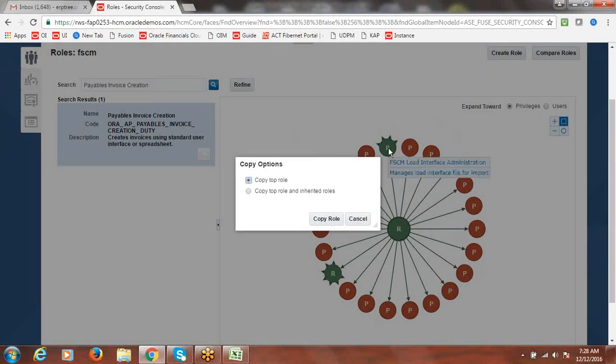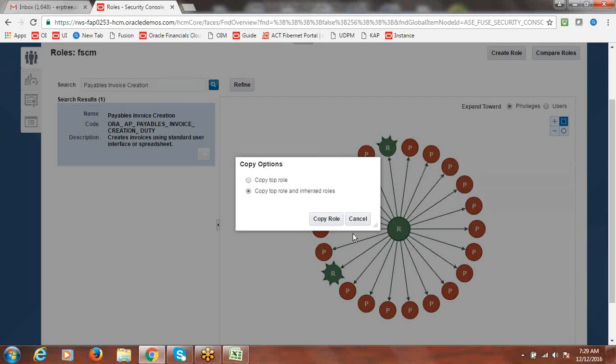And here we can see some other functions which are not related to payables, which are inherited functions from other applications, which will work based on integration based functions. So these inherited functions will have data security. If you want to copy that seeded data security for inherited functions, you can select this option. If you select this, it will be copying.